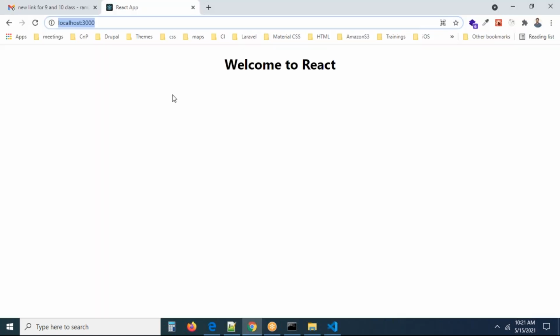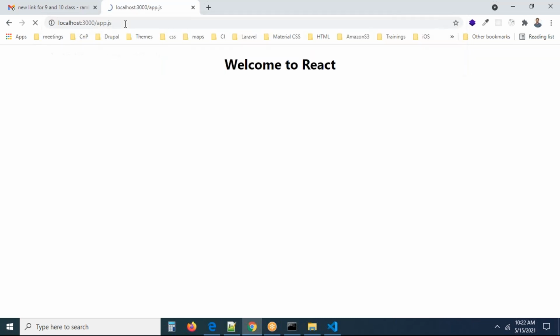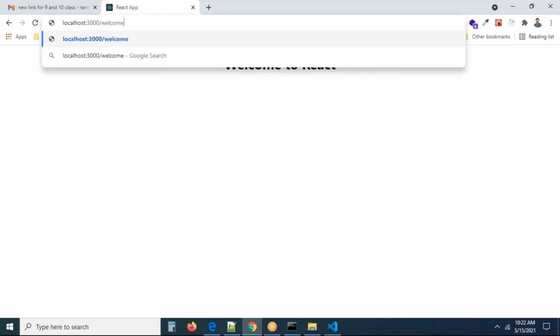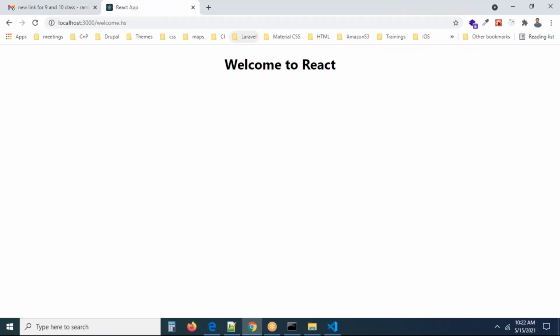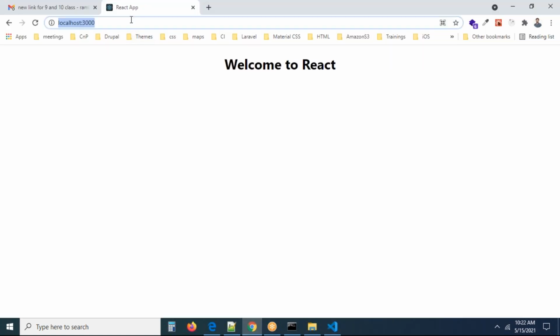So am I calling it anywhere? For example, if it is HTML, generally we will write test.html, that will get called automatically. If it is app.js, are you calling it like this, app.js? No, you are not calling it like this. Will you call some welcome.js? There is no welcome.js actually. Even if you pass any parameter, that is working, but there are no such kinds of files in React, seriously. But my point is, when we are typing localhost colon 3000, where will the request go first of all?